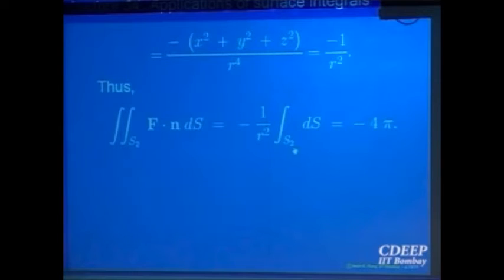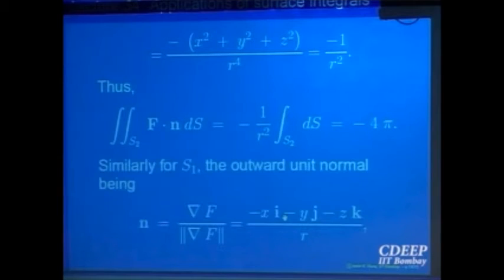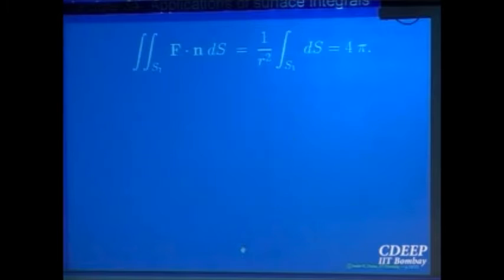So let us compute over S2. S2 is a sphere. So minus 4 pi we get. And similarly for the other one, we'll be taking the negative sign. That is a smaller one, so taking the inside, going towards the inside. So the negative sign we have taken here. The rest of the calculation is the same once you have decided, and that will come out to be 4 pi. So when you add the two, the flux of this F across this surface which is an annulus is equal to 0.